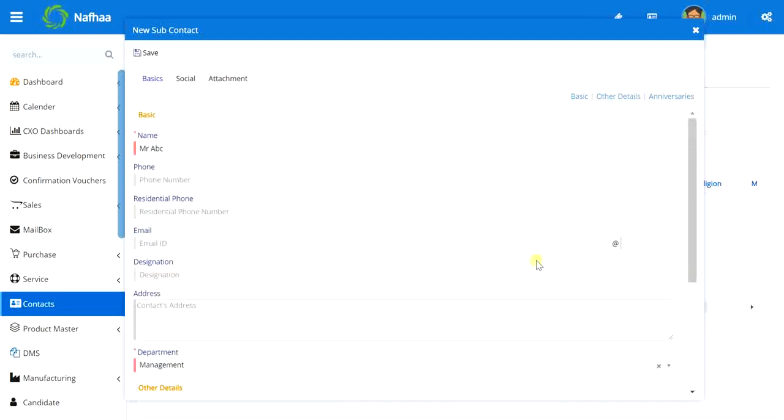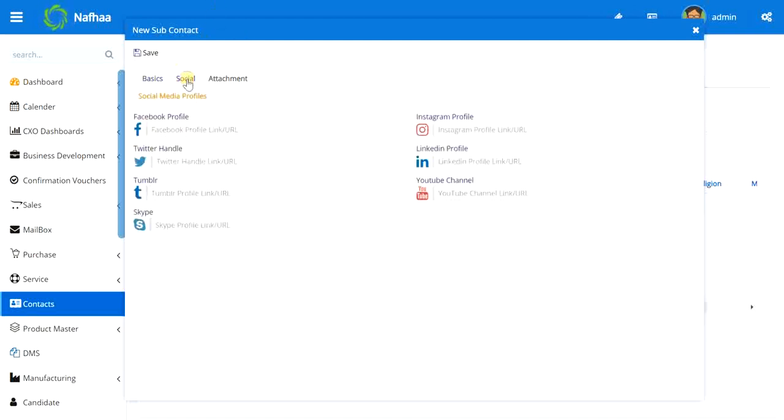So what is the use of this? The application NAFA will prompt you that there is a birthday for this particular subcontact from a contact, or a marriage anniversary for him, so you'll be in touch with this contact person. Then you can add the social links, like the Facebook profile for this contact person, Instagram, Twitter handle, LinkedIn profile, Tumblr, YouTube channel, Skype, whatever is there.